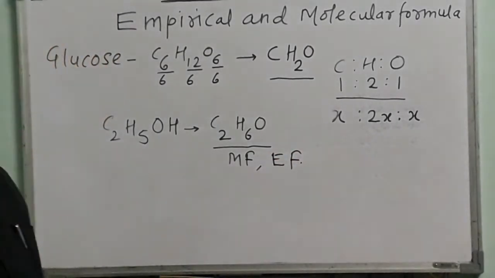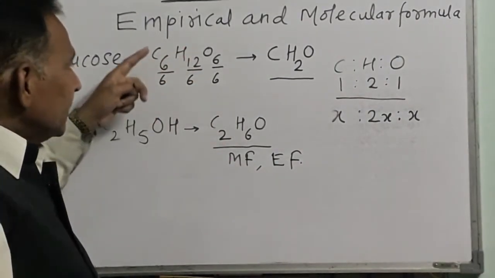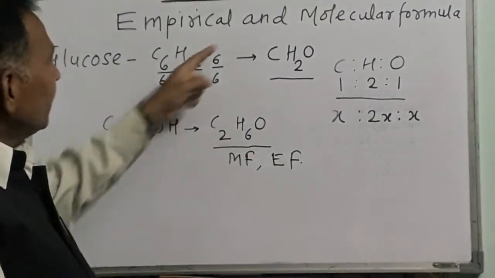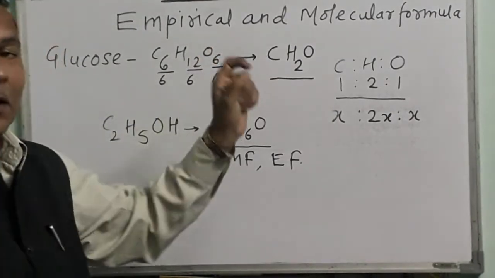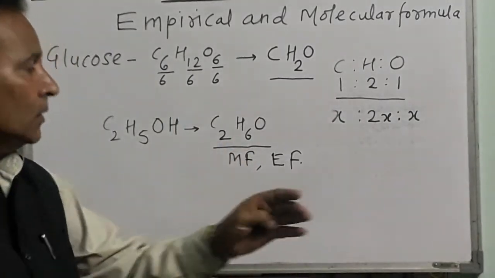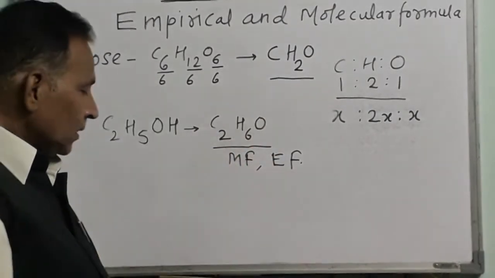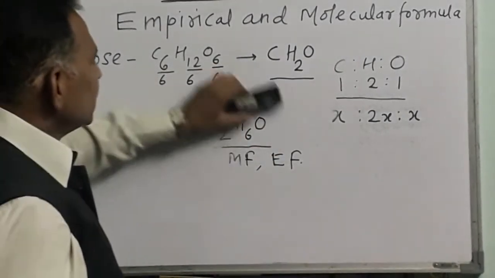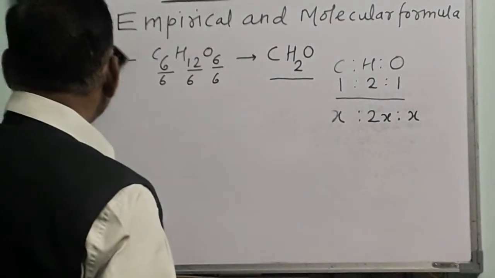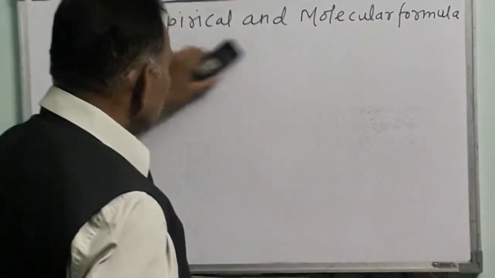So friends, keep one thing carefully in mind: if the numbers of atoms are divisible, then they can be reduced to some smaller number, and we can prepare the short formula, that is the empirical formula. If the atoms are present in odd numbers, you cannot reduce them to a shorter number, and therefore the same formula is called the empirical formula. So we'll have a list of some formulas, to see whether the empirical formula is possible for that compound or is the same as the molecular formula.